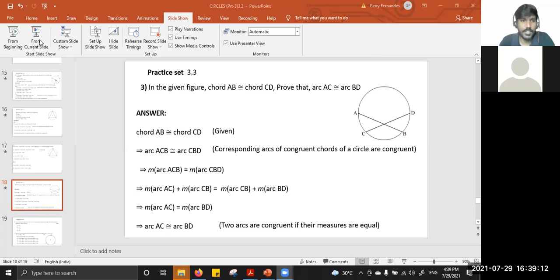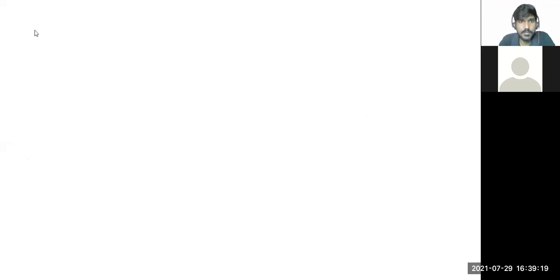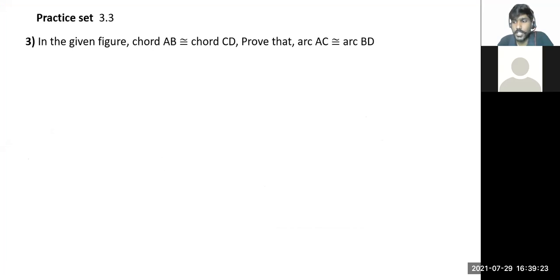Okay, we will not waste time. We'll continue with this. We'll do the third one. Okay, problem set 3.3, third one. Keep yourself unmuted. Actually, at my house there is a lot going on, so I don't think you'll be able to even speak with the background noise. So it's better I keep myself muted. But if you say something, I'll unmute.